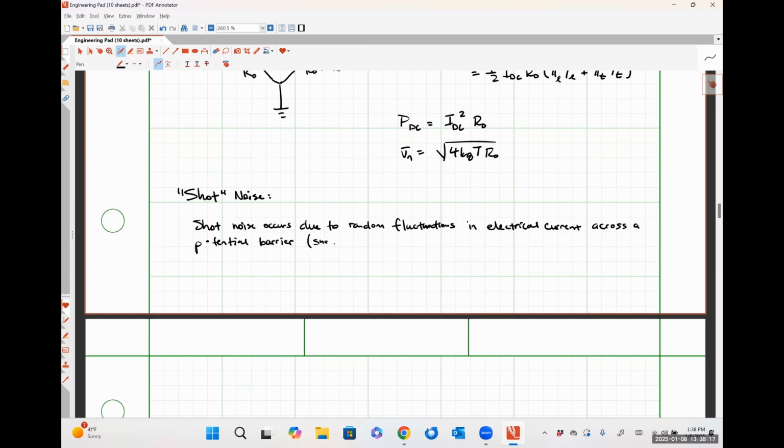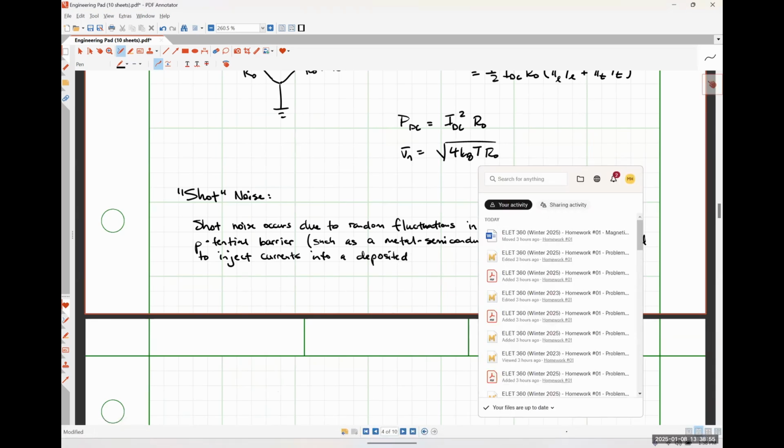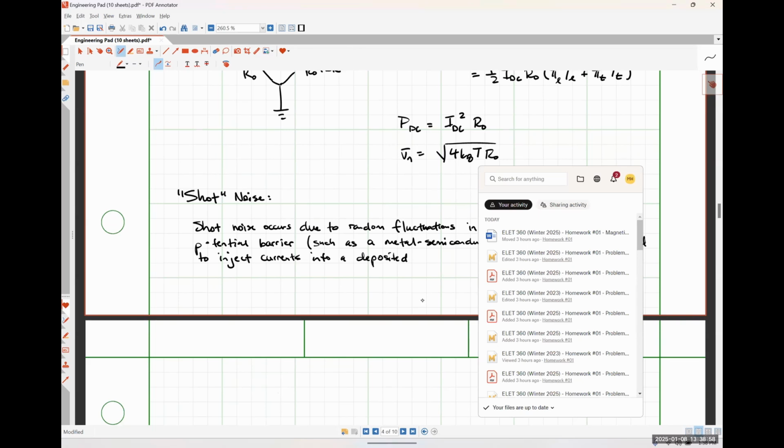And I'm going to put in parentheses here, such as a metal semiconductor contact, like those used to inject currents into a deposited